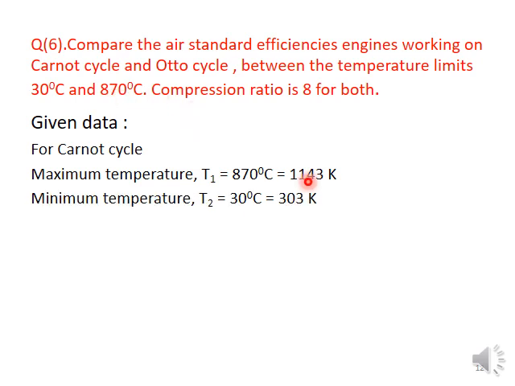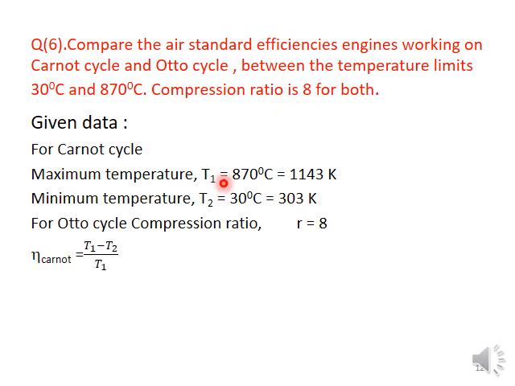Next, the minimum temperature is 30 degrees centigrade. So T2 is equal to 30 plus 273, which is 303 Kelvin. And for the Otto cycle, they have given the compression ratio as 8. So the Carnot cycle efficiency is equal to (T1 minus T2) divided by T1. So T1 is 1143, minus T2 303, divided by T1, 1143. So we will get the efficiency of the Carnot cycle, and next, by using the compression ratio we can